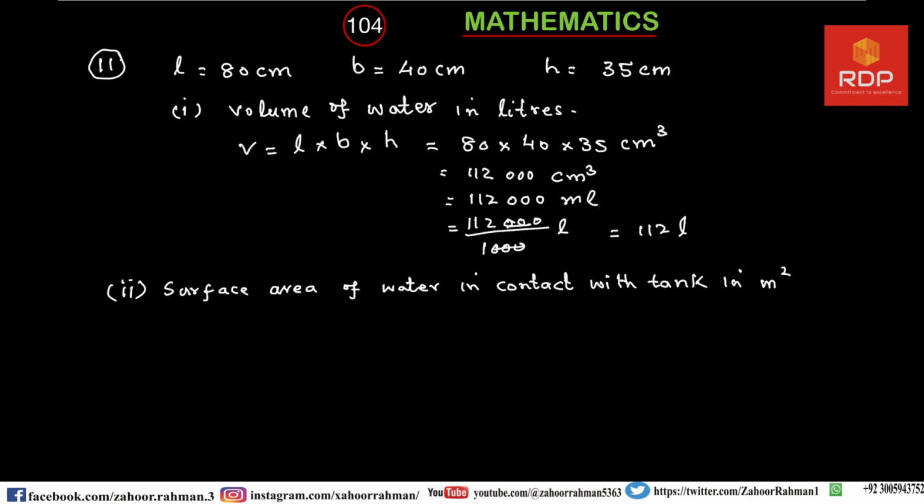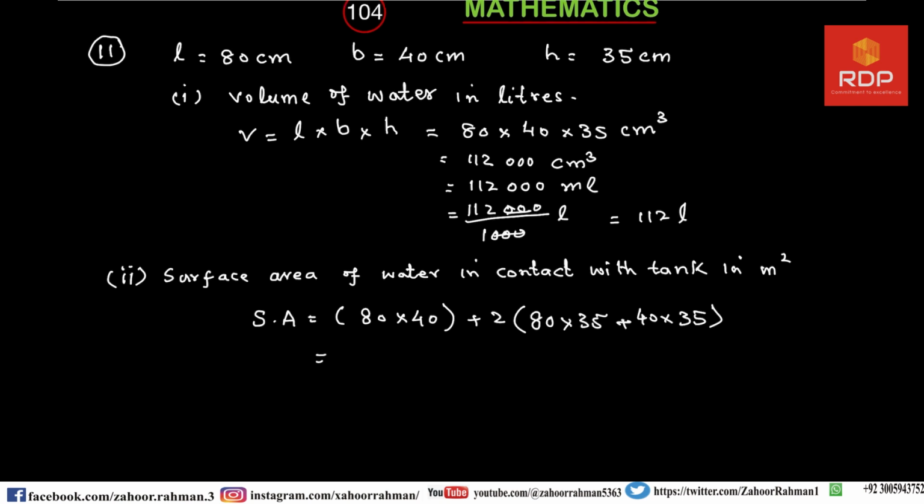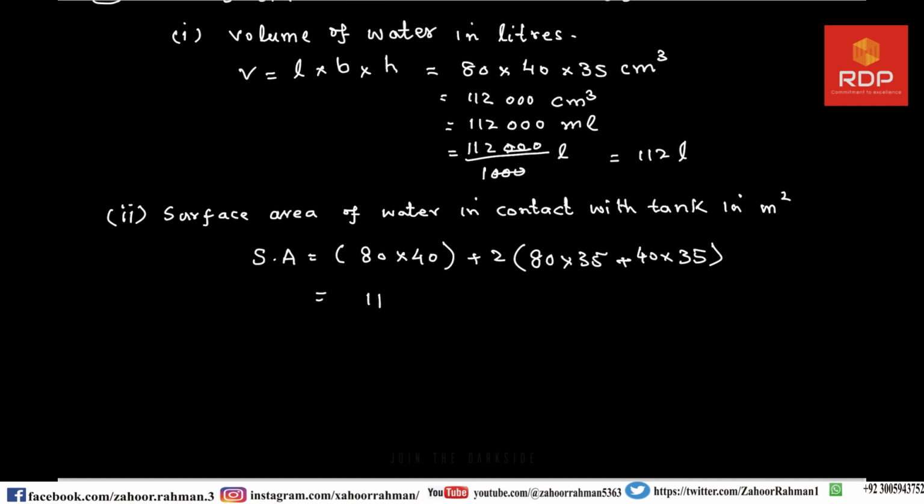So let us say that surface area is equal to 80 multiplied by 40, because this is the bottom, and then we have to find 2 times 80 multiplied by 35 plus 40 multiplied by 35. So after necessary calculation we have to get